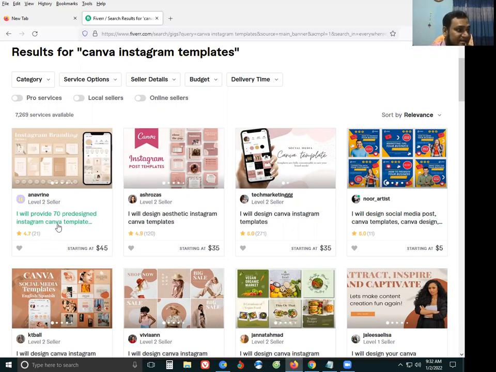We have 70 products for Instagram Canva templates, Canva artist design templates, and I will design Canva templates. There are a lot of make-money sites.